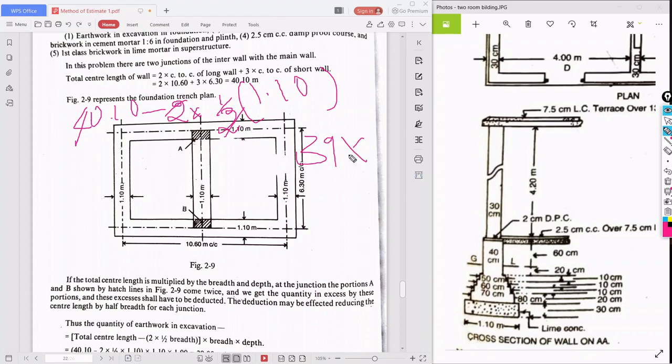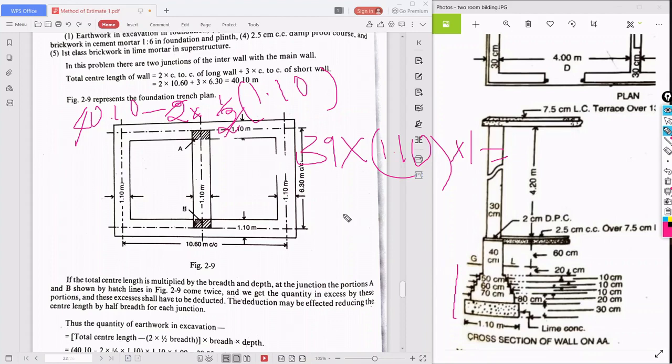Now this 39 into the breadth, 1.10. What is the height? That is 30 plus 20, 50 plus 50, that is 1 meter. So 39 into breadth 1.10 into 1 meter, you will get the quantity.